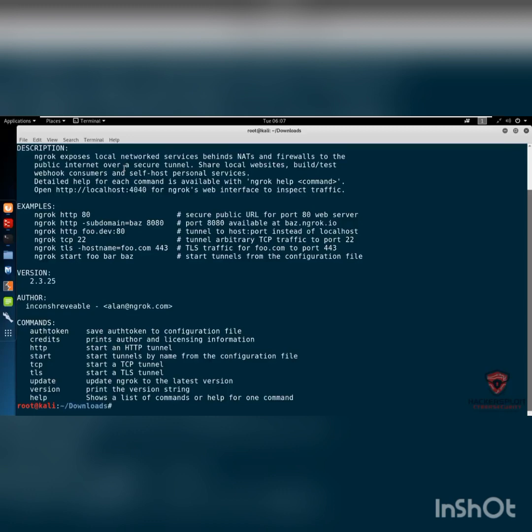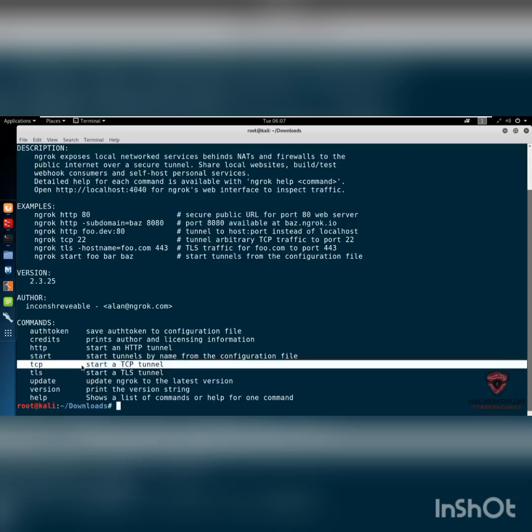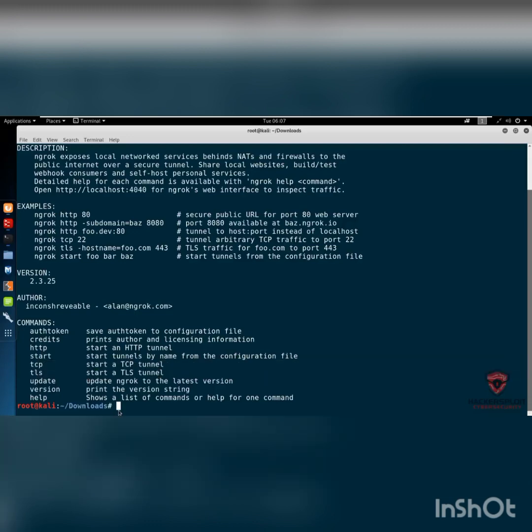So I run ngrok, and then I specify the protocol, which could either be TCP, if I'm exposing a particular port. If you're working with HTTP here, you can see you expose port 80 or a particular subdomain. And then of course, if you're running nginx, all of that good stuff, I've already explained this before. We are working with TCP. If you want to use HTTPS, you can set up the TLS tunnel right over here. But we are working with setting up a TCP tunnel because the payload we're going to be using is going to be the Android